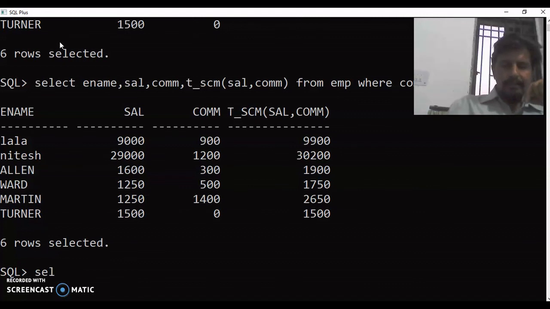First let us see his employee ID. Select empno from emp where ename equal to Nitesh.